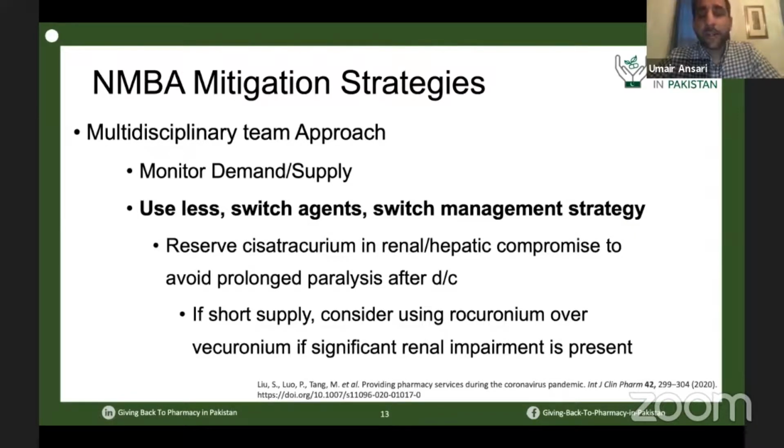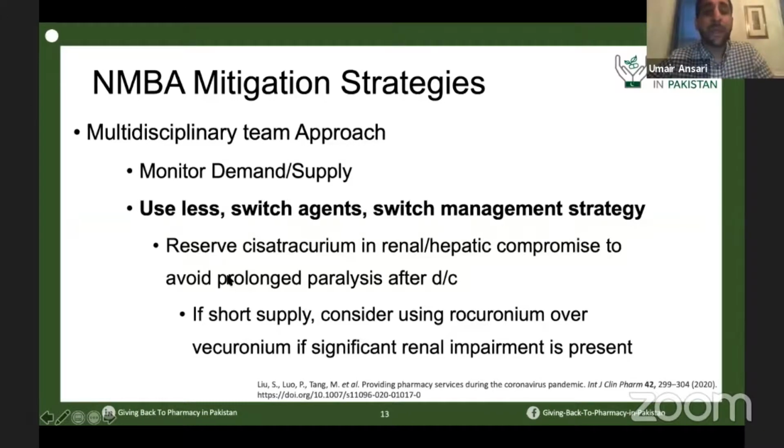So some of the mitigation strategies that would benefit any institution are having a multidisciplinary team approach. So if we keep an eye on monitoring the demand and supply, using less of the drug, meaning considering using intermittent boluses first over a continuous infusion, switching agents if possible, using vecuronium or rocuronium over cisatracurium, or if a patient is started on a cisatracurium infusion, maybe considering switching that drug later on,